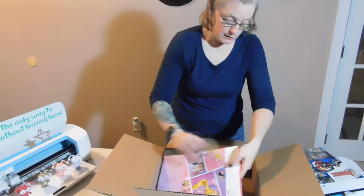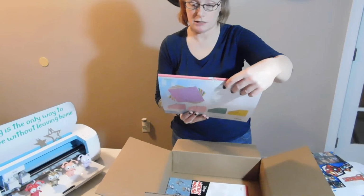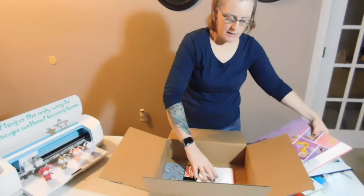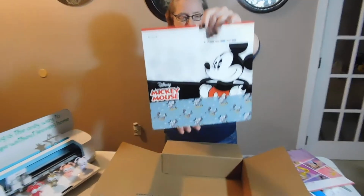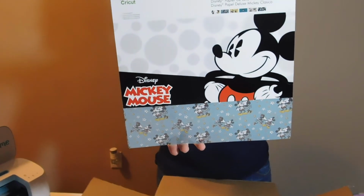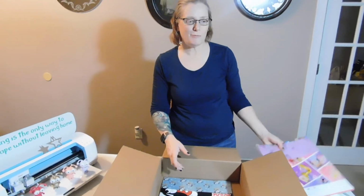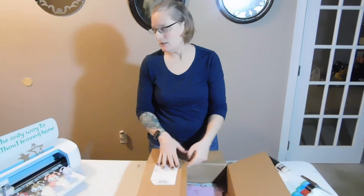And then this one is the Disney Princess Magical Deluxe paper. And there is 12 sheets, 2 of each of those. There. And then Mickey Mouse, 12 sheets, 2 of each. And there's those. So that was all my spring cleaning bundles from Cricut Crafts, and I got these awesome little